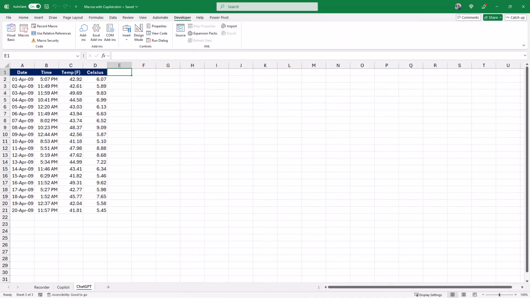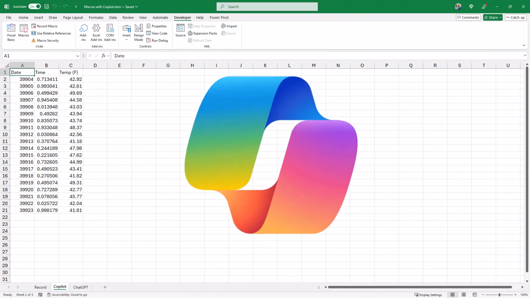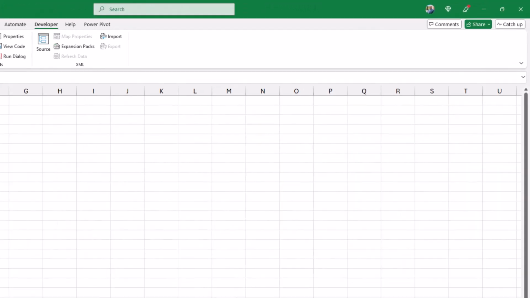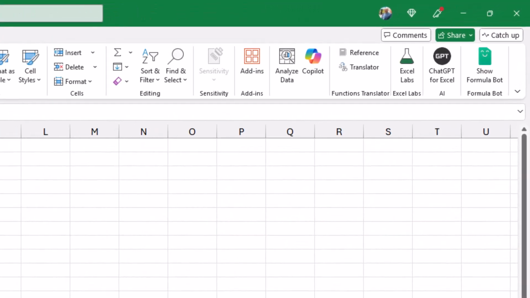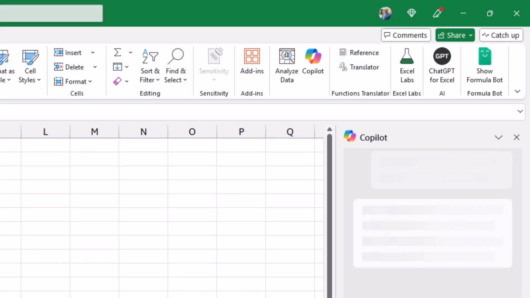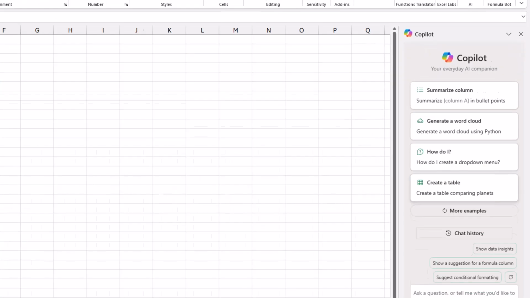Let's close the Visual Basic editor. I go to the next worksheet. I have the same exact list on the next worksheet, and this time I'll be using Copilot. On the Home tab, I click on Copilot to open the Copilot pane on the right side, and then I'll